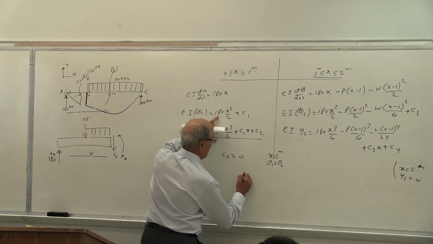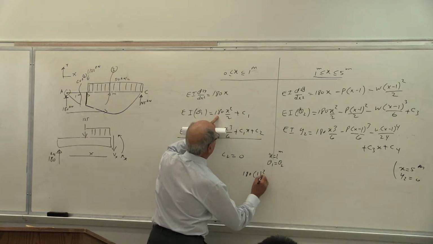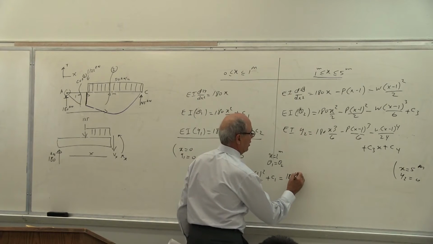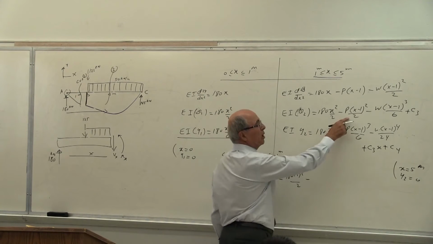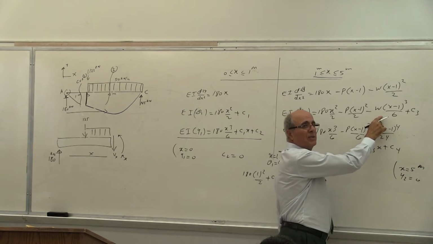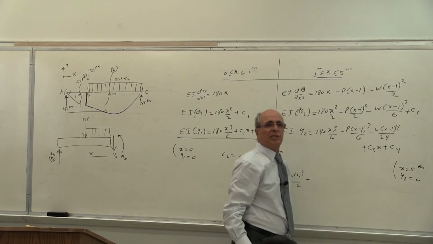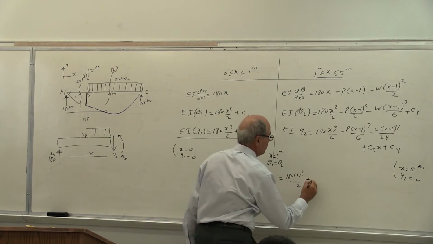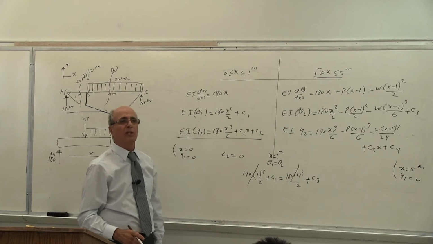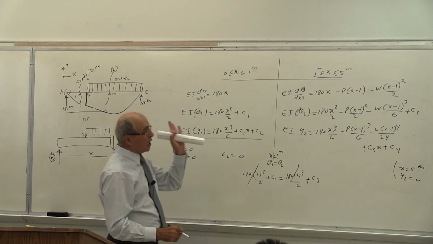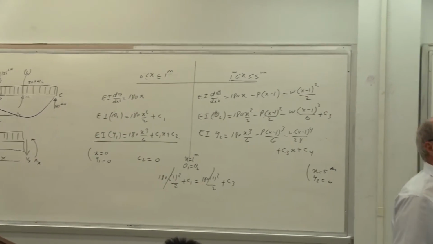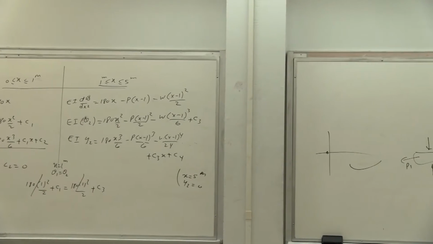Here you get 180 times 1 to the power of 2 over 2 plus C1 equal to 180 times 1 to the power of 2 over 2 minus, look what happens if not expanded, minus zero plus C3. Look, this is the method I showed you, but you did not follow it. Then this and this drop out, and C1 becomes equal to C3. If you expand it, C1 is not equal to C3. Everybody understand again, right? I'm emphasizing this for you to know.